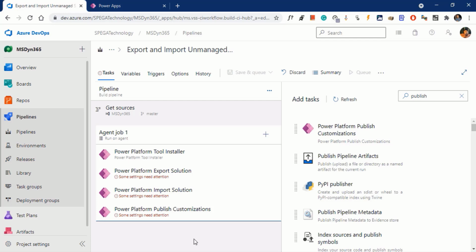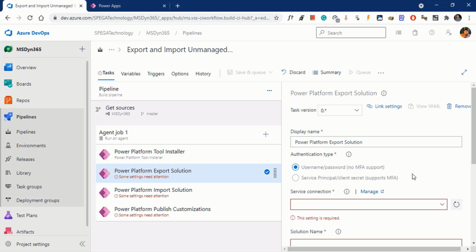Here we can see that some of the settings need attention. So let's click on this task and it's showing all the details of the task, display name and authentication type. We have two types of authentication: username and password, with no MFA support, and service principal client secret, which supports MFA.